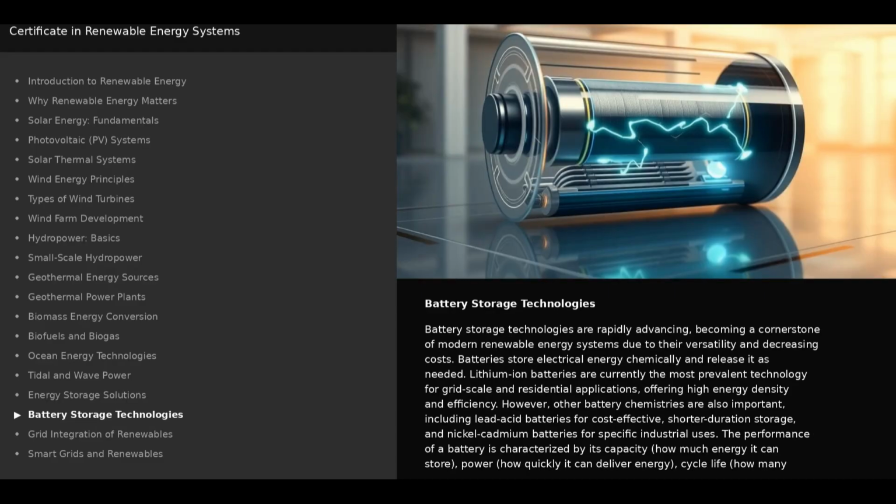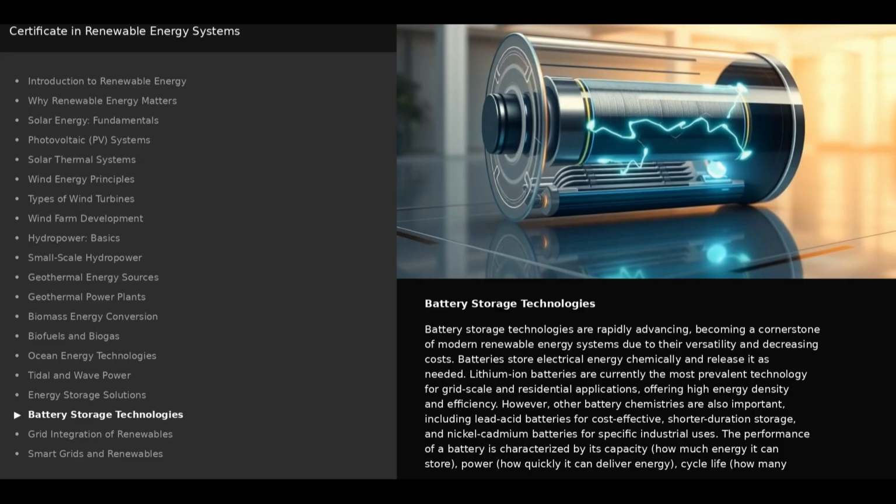Battery storage technologies are rapidly advancing, becoming a cornerstone of modern renewable energy systems due to their versatility and decreasing costs. Batteries store electrical energy chemically and release it as needed. Lithium-ion batteries are currently the most prevalent technology for grid-scale and residential applications, offering high energy density and efficiency. However, other battery chemistries are also important, including lead-acid batteries for cost-effective, shorter duration storage, and nickel-cadmium batteries for specific